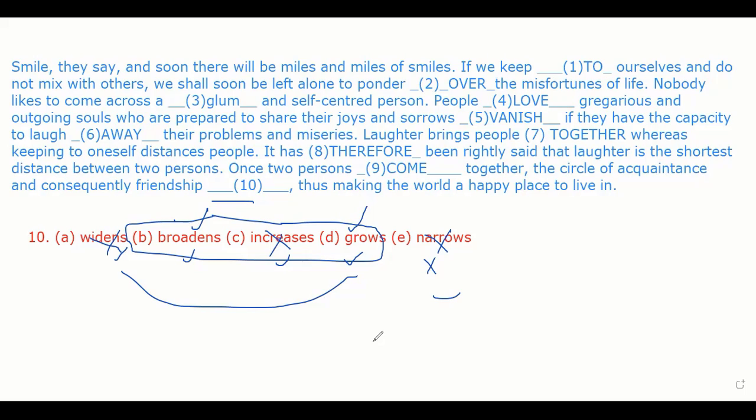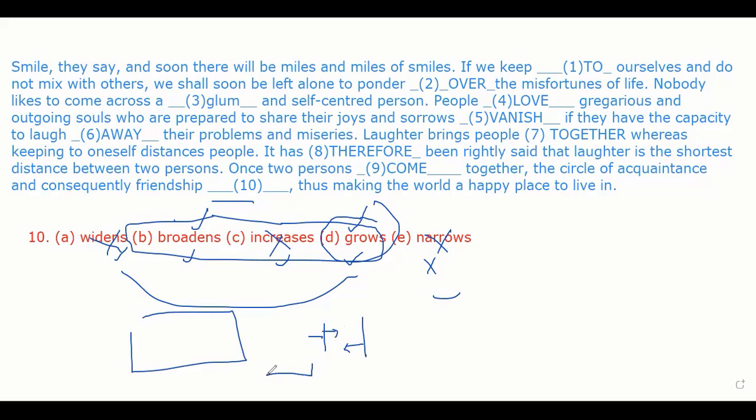Devendra, why is it grows? Moksha says, based on consequently, consequently friendship grows. So guys, the word is consequently friendship grows. See, friendship broadens is also not a good thing, right? Broaden is not necessarily a positive word here. When you say gap widens, gap broadens, it may be negative, because in friendship, people will come together, right? Broaden may have the opposite meaning also.